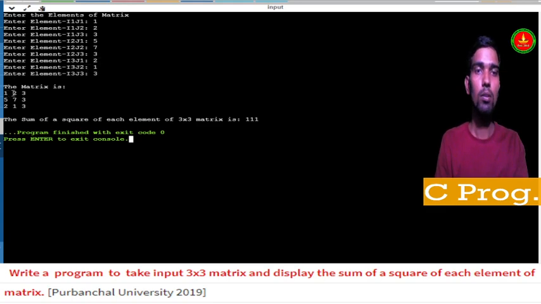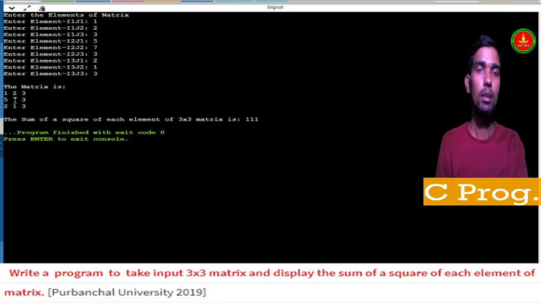You can see the square and sum: 1 into 1 is 1, 2 into 2 is 4, and 3 into 3 is 9. 9 plus 4 plus 1 is 14. And this is 25 and 59, and this is 9.